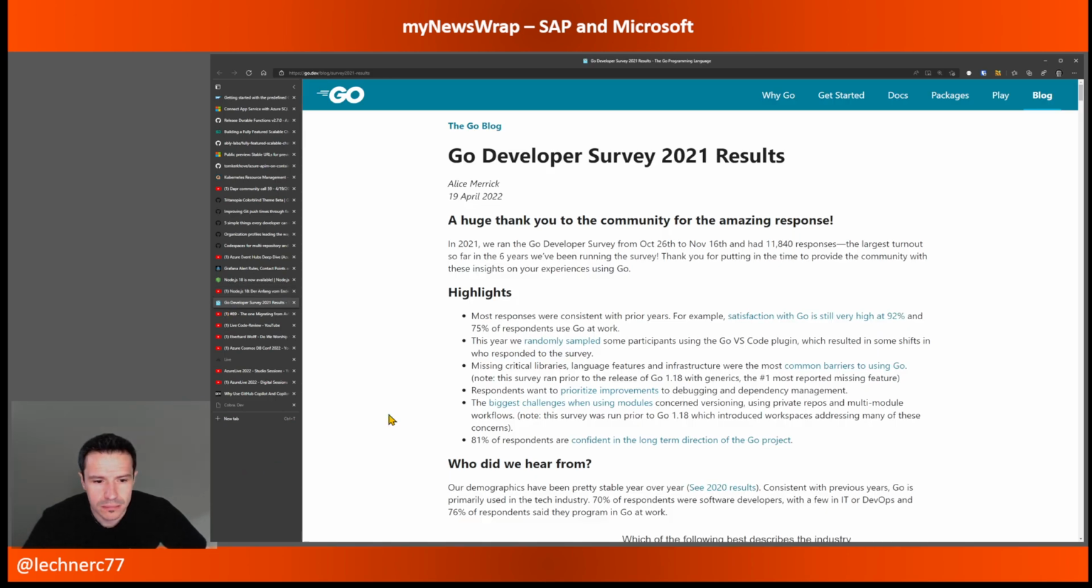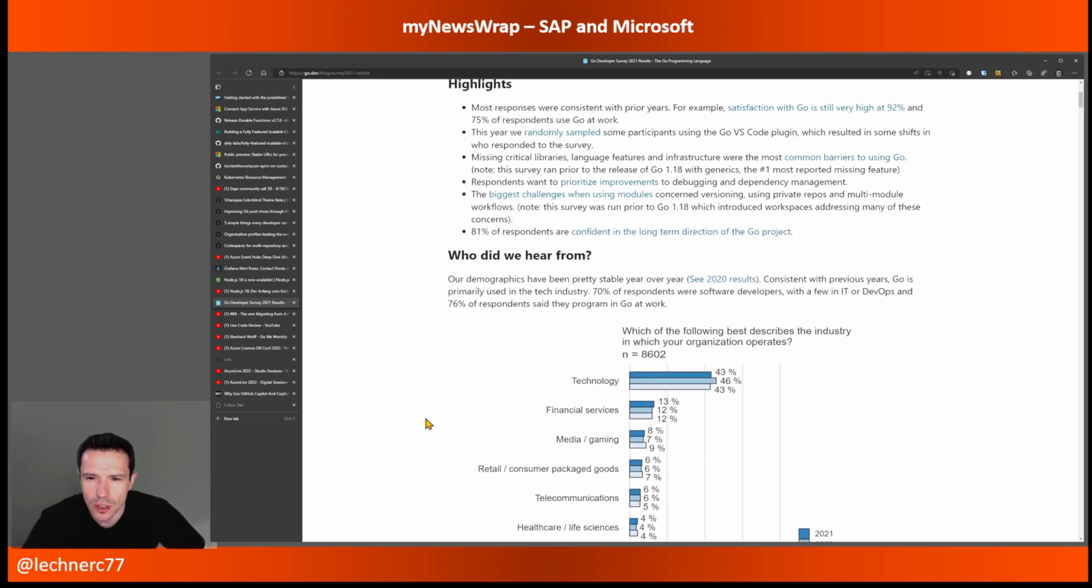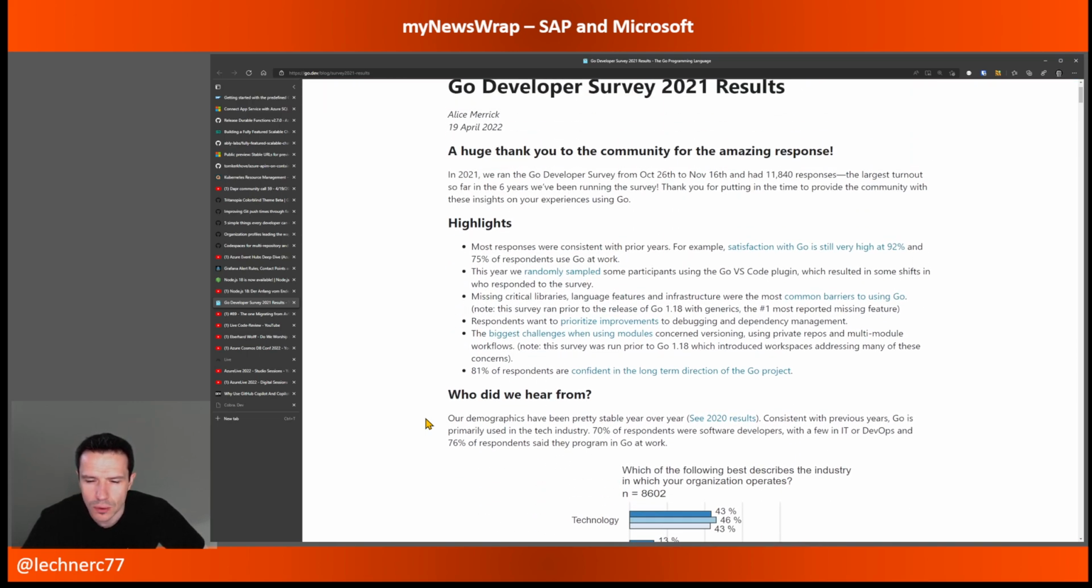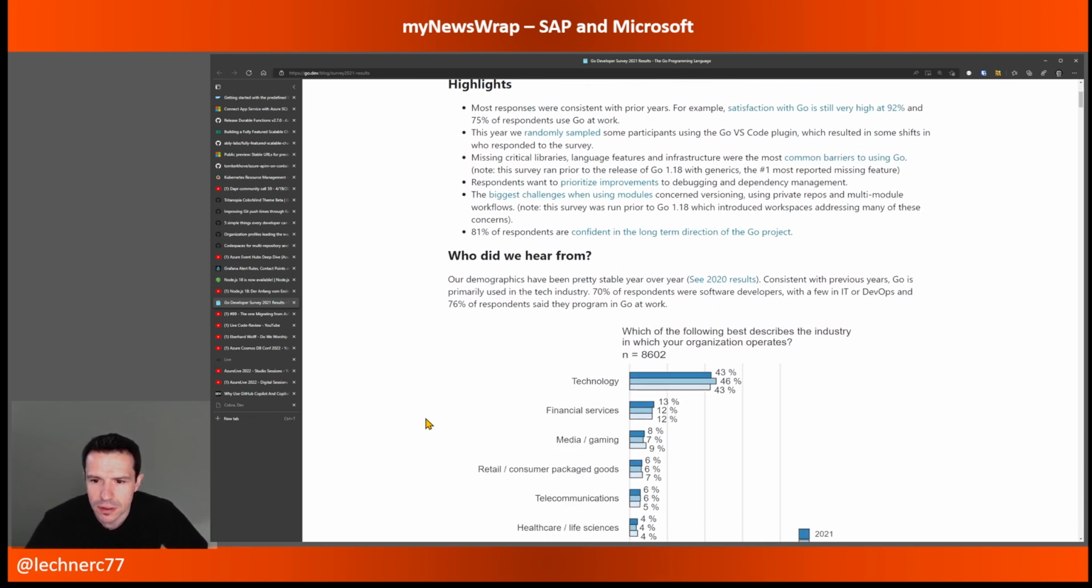And then one last thing about Go development. The Go Developer Survey 2021 came out, and that was really an interesting one. So quite some interesting news or results of the survey in there. For example,